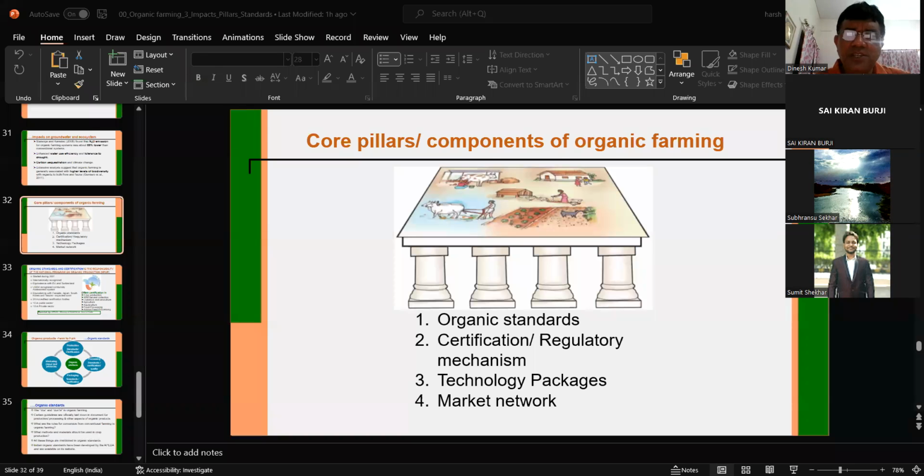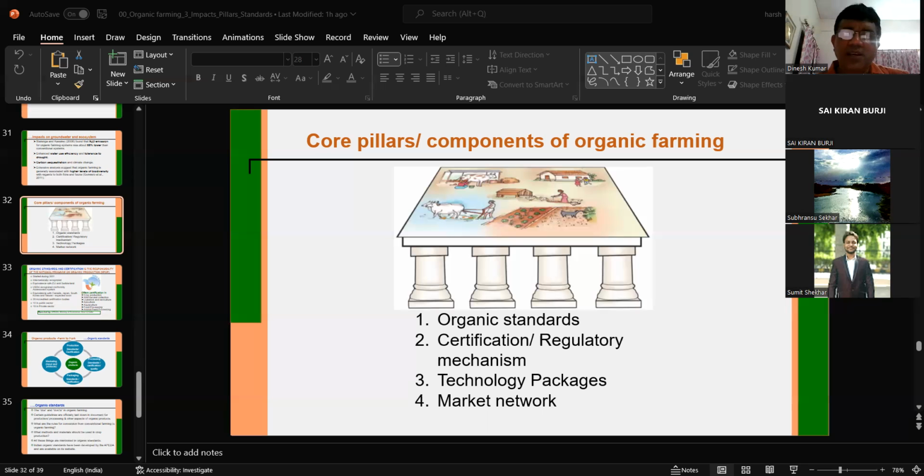So dear students, just now you have seen different impacts of organic farming. In the beginning, I showed you some objectives of the lecture and then some terminology. After that, we have seen some impacts of organic farming on food quality, on soil, on productivity, on economics, on environment, and so forth. These can be benefits or these can be demerits of organic farming.